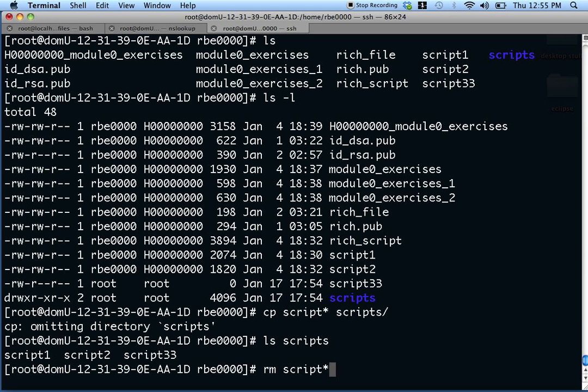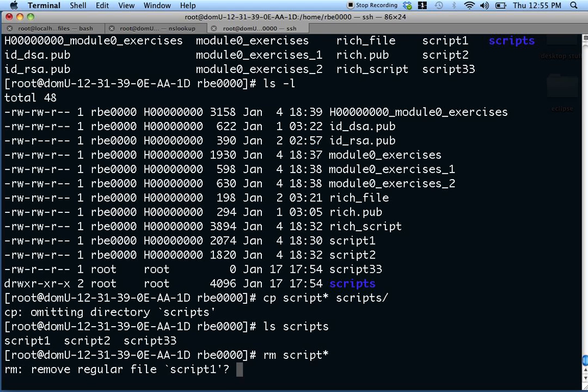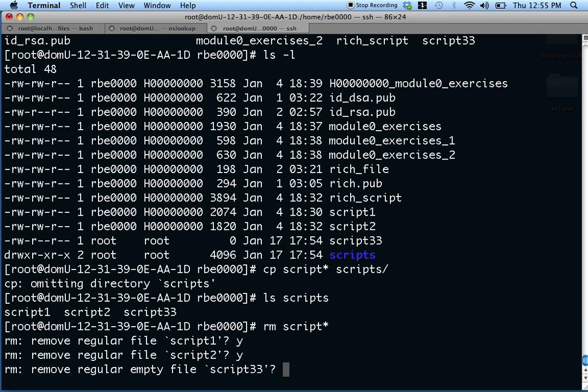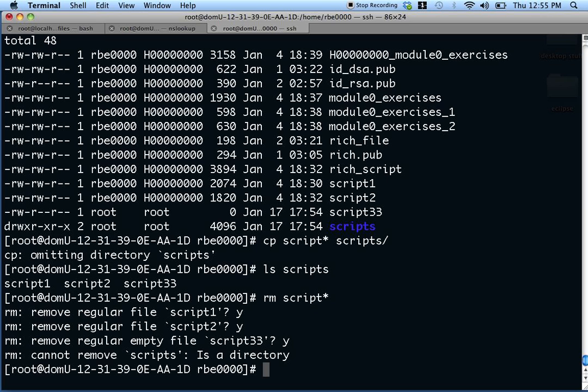star. Is that going to be a good idea? Is that going to delete my directory too? Oh, it's going to ask me yes, yes, yes. And it didn't remove directories. Remove doesn't delete directories unless you do something tricky, which I don't know if I should show you guys yet or not,